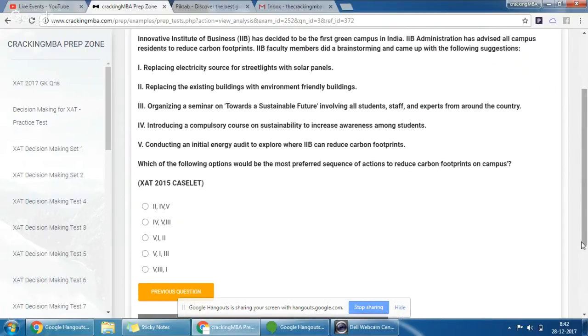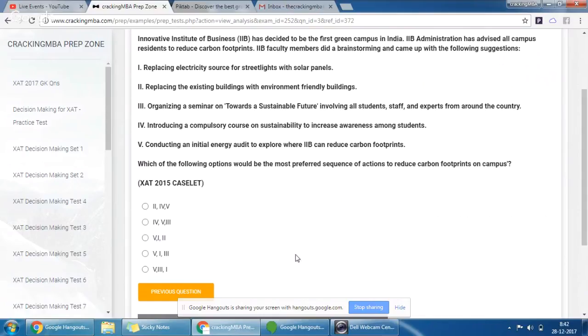So this is pretty straightforward. First, conduct an energy audit. That is the first thing. Like I always say, for decision making, first you should do an investigation. That's always the first thing. So out of these 5 options, only option C, option D and option E can be the possible choices. Out of them, replacing the existing buildings is kind of a ridiculous option. So that's why you reject that. So between D and E, you are basically talking about